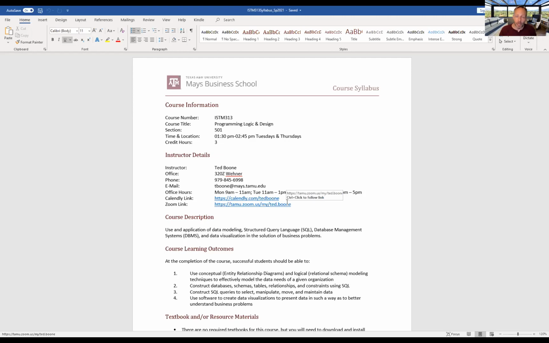If you work with me, I think we can figure all this out. When you email me, give me 24 hours to get back to you. Chances are it's going to take a lot less time than that. I'm going to be answering emails throughout the day during the work week. And so when you email me in the middle of the day, you'll probably hear from me within an hour